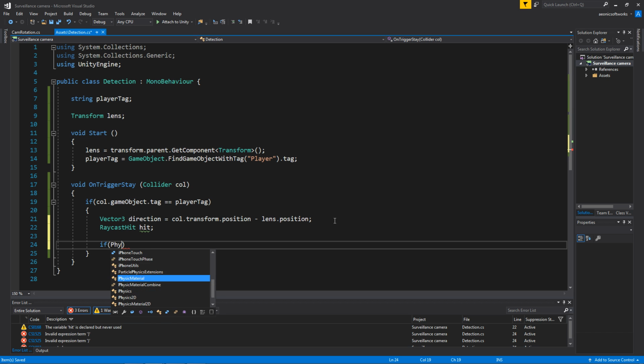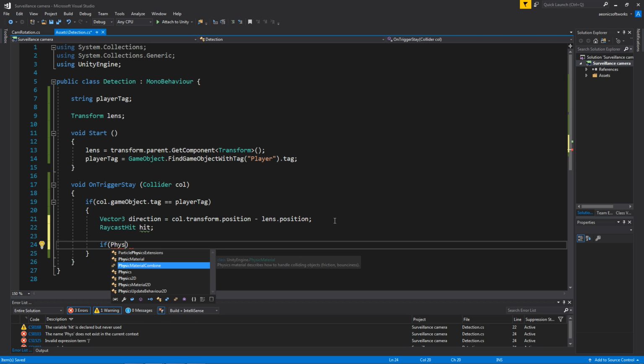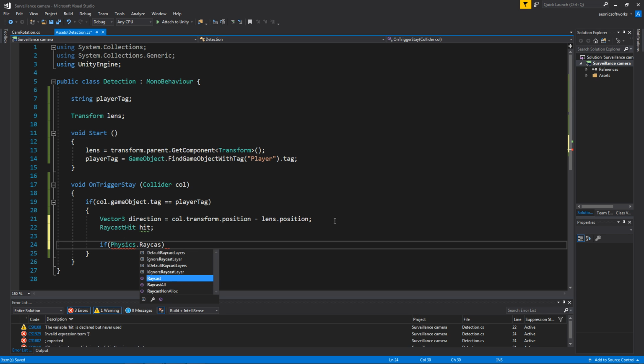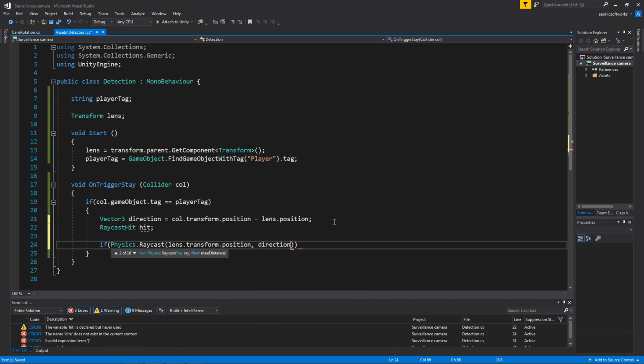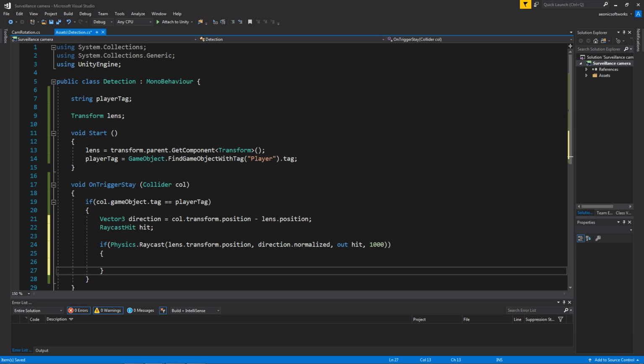So we're going to say if Physics.Raycast, and inside here you're going to say lens.transform.position, and we are also going to give that our direction.normalized. We're going to put out hit, and we will give this a distance of, I'm just going to put in 1,000. You can make that into a variable if you want, but it's only going to collide with the one object, and it only wants to search for one object, so that seems to be fine. In all cases that I've had, it's way more than what the